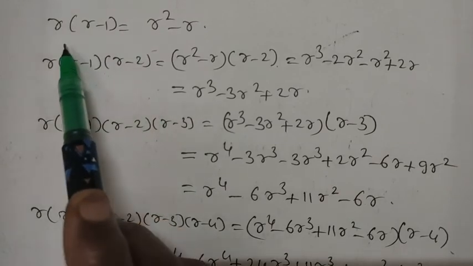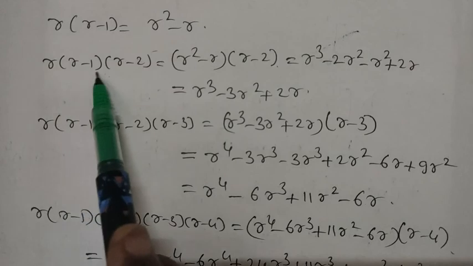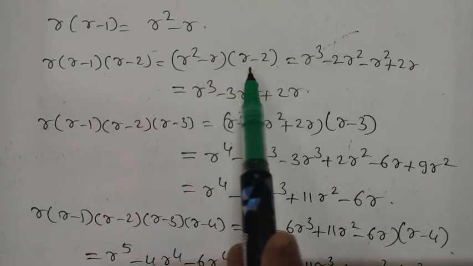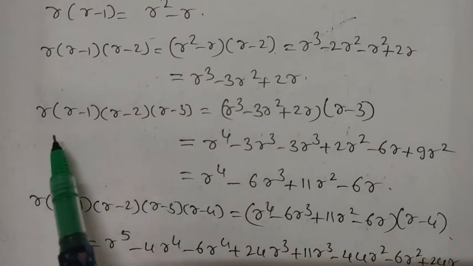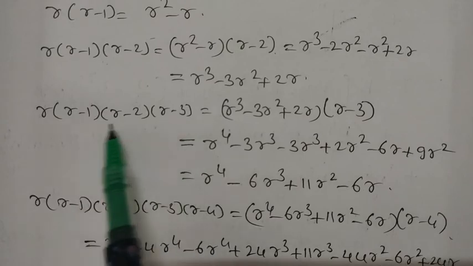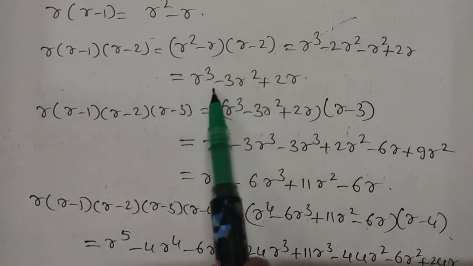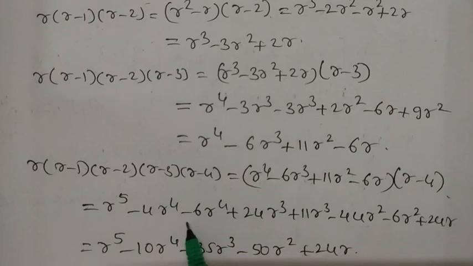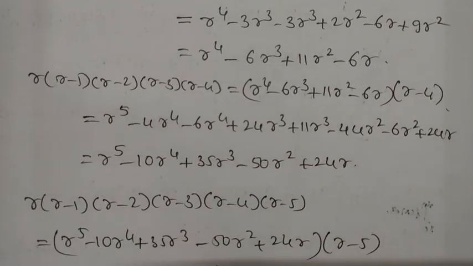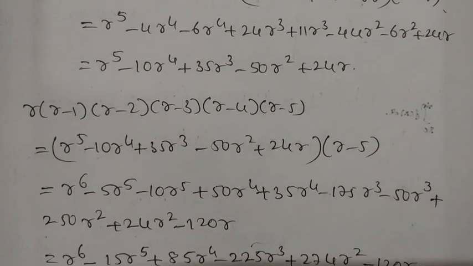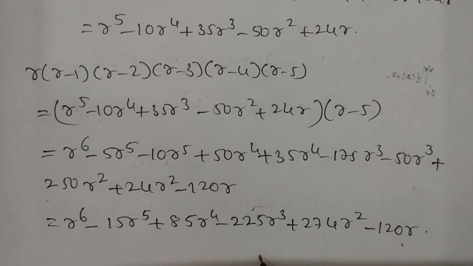What you have to do is, here you have done r into r minus 1, up to this one you write r square minus r and write only the next term and simplify. Here also the same thing: r into r minus 1, r minus 2, r minus 3, here we have the product of these three terms and just multiply with r minus 3 like that. Here I have given all the simplifications. You just go through this one and you can substitute these values there, and it will become easy for you to understand that simplification. So this is all about today's session.